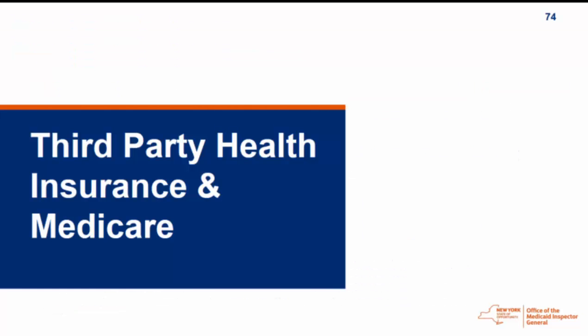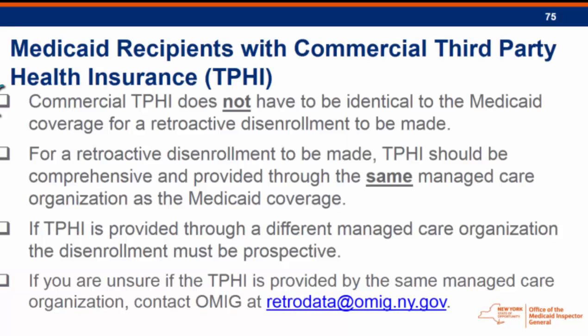There appears to be some confusion related to disenrollment of Medicaid recipients with commercial health insurance or Medicare. The following 2 slides offer some guidance. Commercial third-party health insurance does not have to be identical to the Medicaid coverage for a retroactive disenrollment to be made. For a retroactive disenrollment to be made, third-party health insurance should be comprehensive and provided through the same managed care organization as the Medicaid coverage. If third-party health insurance is provided through a different managed care organization, the disenrollment must be prospective. If you are unsure if third-party health insurance is provided by the same managed care organization, contact OMIG at